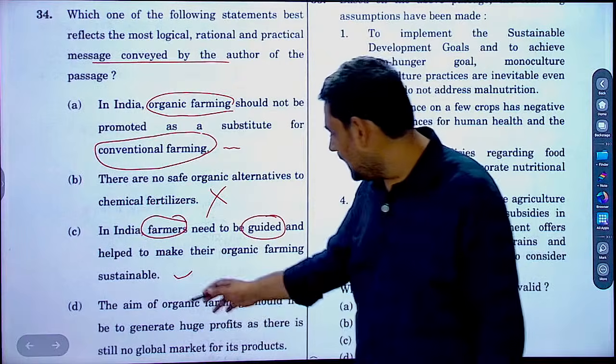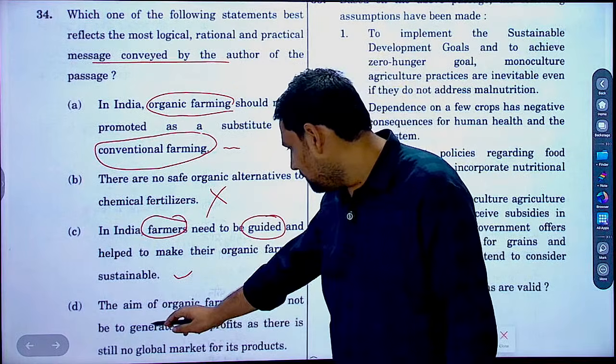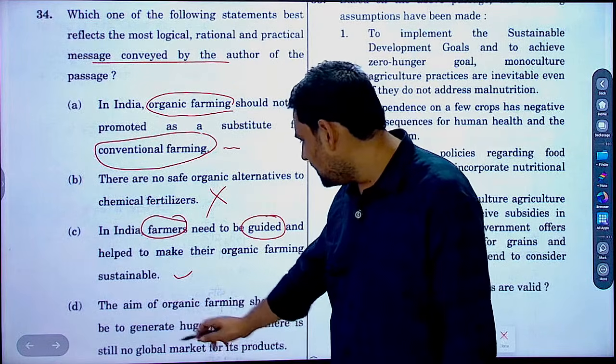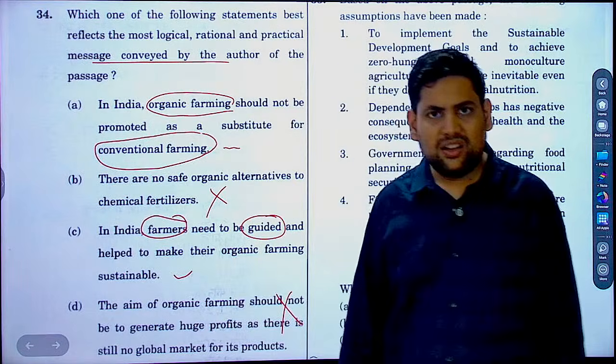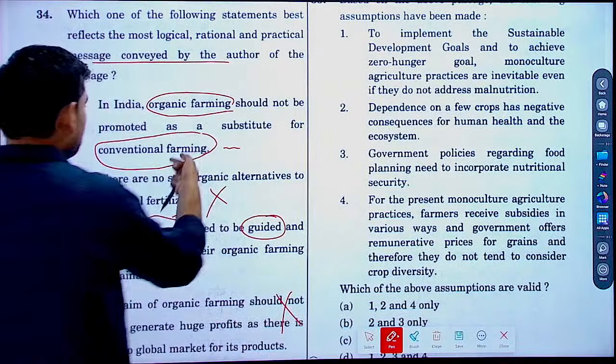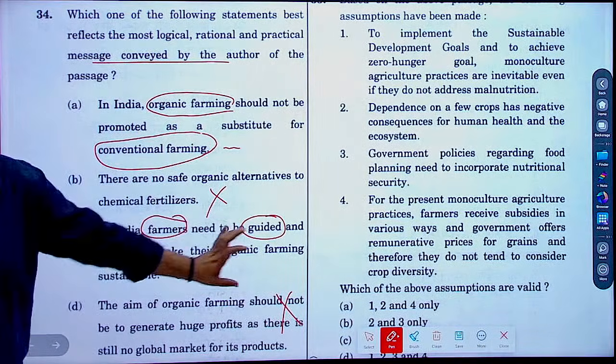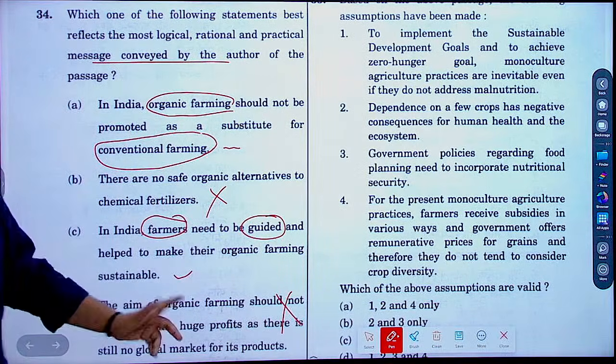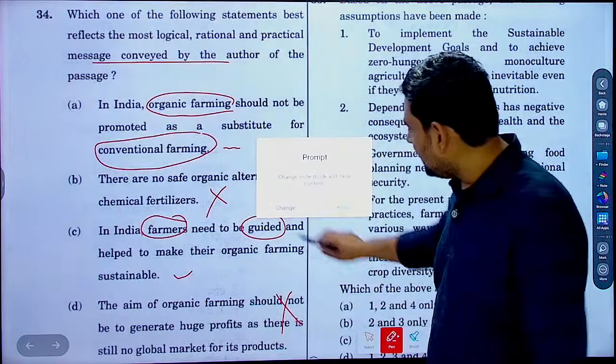Then the aim of organic farming should not be to generate huge profits, as there is still no global market. No, wrong. There is a growing global market. So either it is about organic farming versus conventional farming, or farmers being unaware or unguided. Then if you start reading the passage,